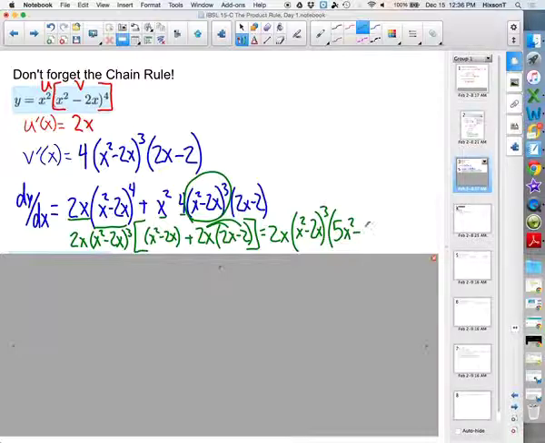So that's a minus 6x. And there we have it. We could simplify a little bit more. We could distribute the 2x. Or if you wanted to simplify by pulling the x out of the second set of parentheses, you could do that as well, but